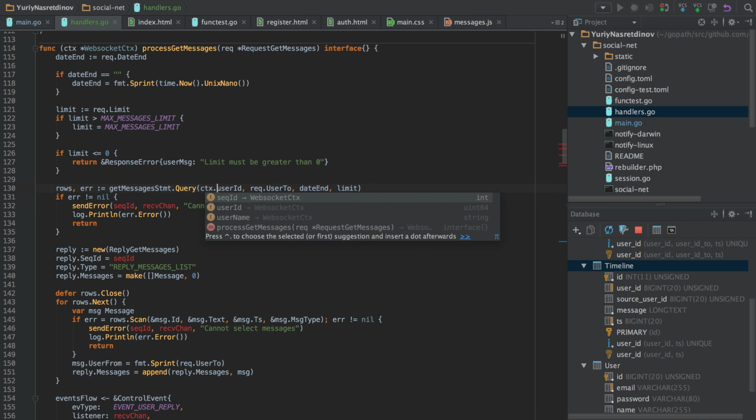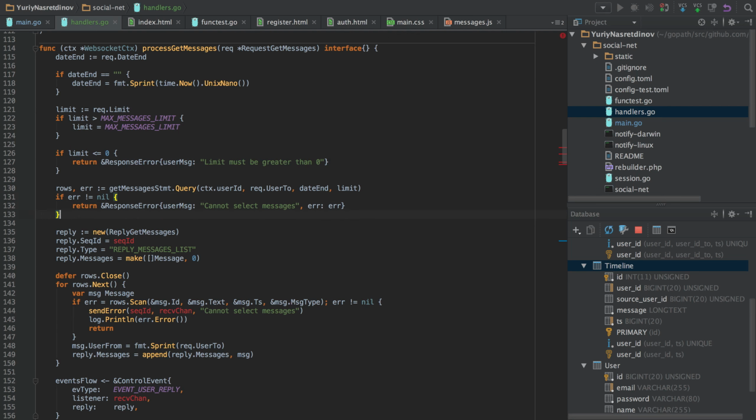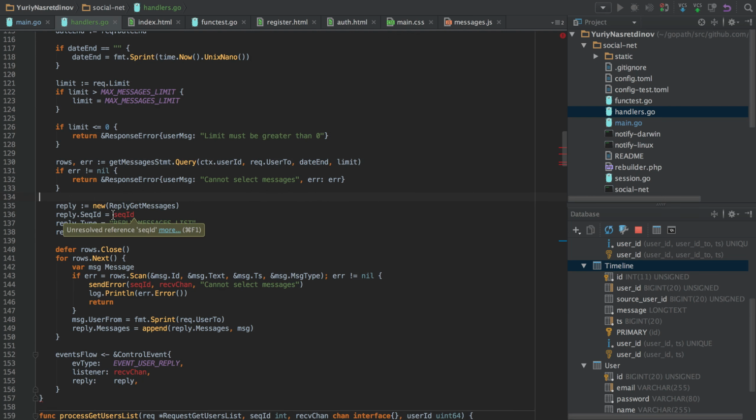And all the information that was passed as parameters into our handler is now contained in the context, and so we don't need to use sequence ID too much.